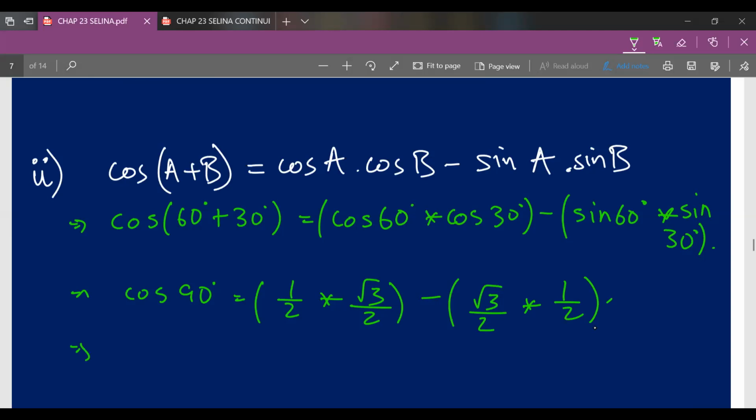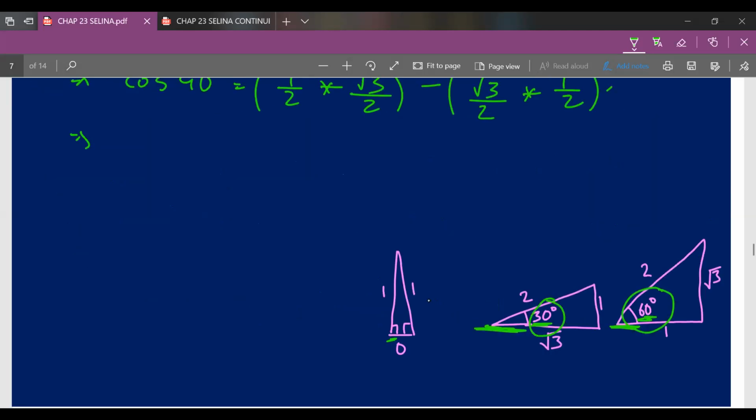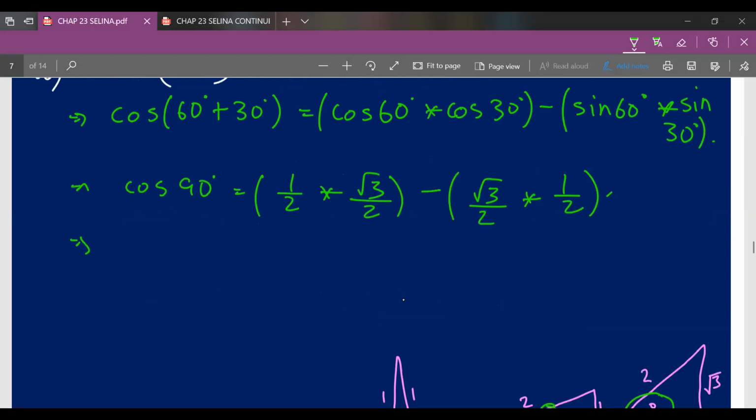Now for 90 degree there's a magic triangle mentioned, luckily. This is the alienish figure which I had mentioned earlier. So over here with respect to angle 90 degree, tell us cos 90 degree. Now over here base is 0 and hypotenuse is 1. So 0 upon 1 will be the answer, and 0 upon 1 or 0 divided by 1 will always be 0. So cos 90 will be 0 is equal to root 3,